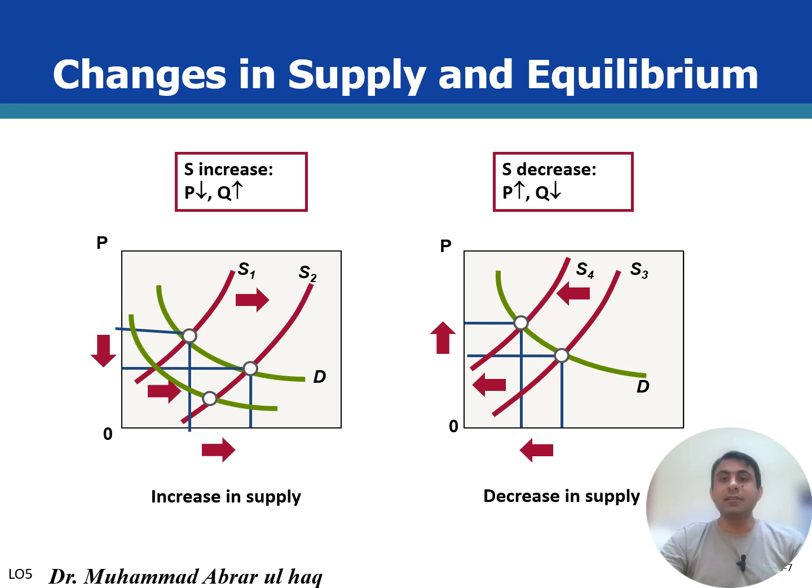The decrease in price reflects the greater availability of the product as sellers compete to attract more buyers by offering lower prices. So the consumers respond by purchasing more at the lower prices, hence the increase in the quantity exchanged. Vice versa, a decrease in supply, as shown in the right side diagram here,